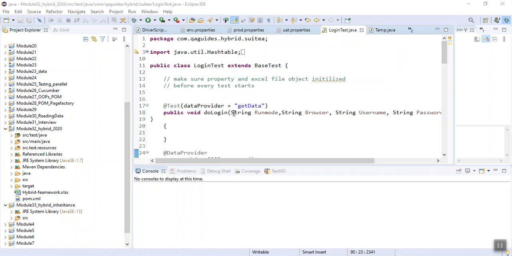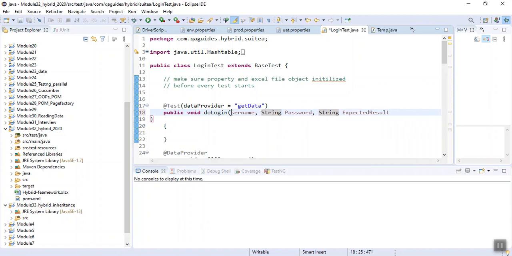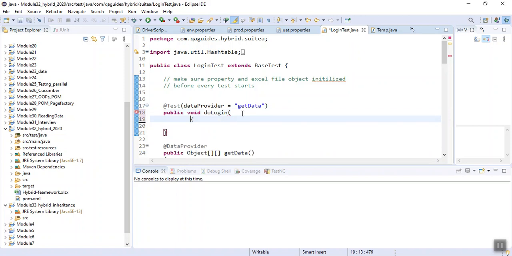Now in our login test, we need to make sure that our data provider takes in a hash table. So what I have to do, I will put hash table here.